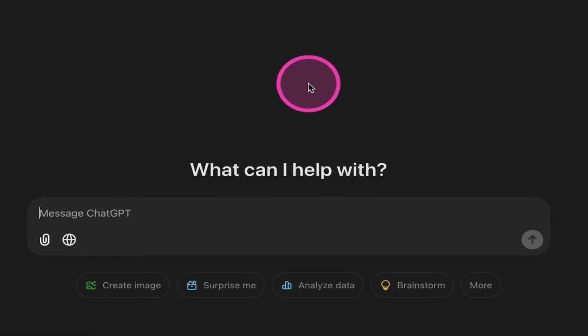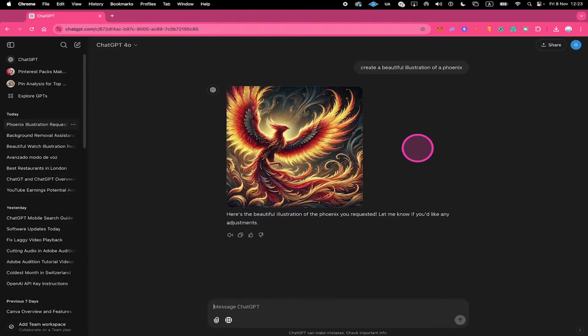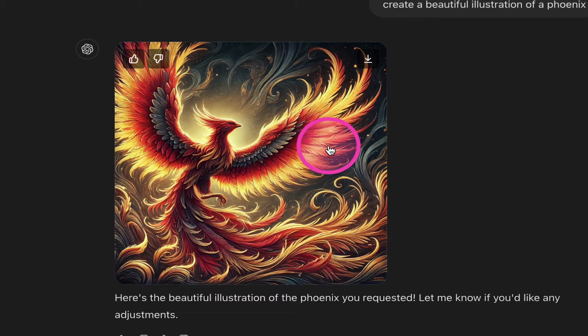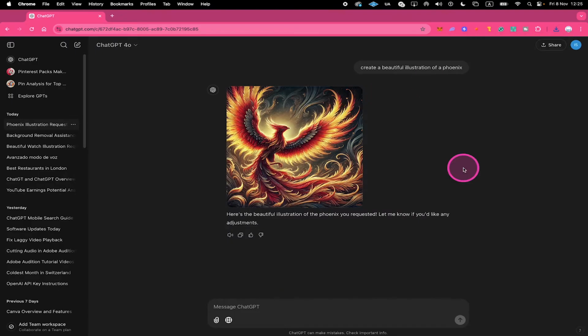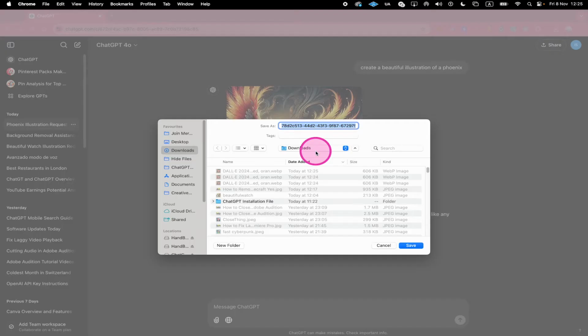First, if you generate an image in ChatGPT with Dolly, for example, once it's generated, to download it, simply hover over the image, and then in the top right corner of the screen, click on the download button to download it. Instead of doing it like this, you can also just right click on the image and then click on Save Image As, give your image a new name,